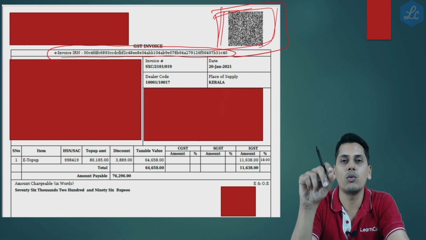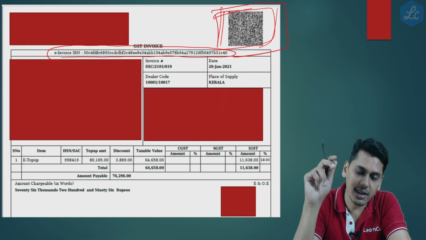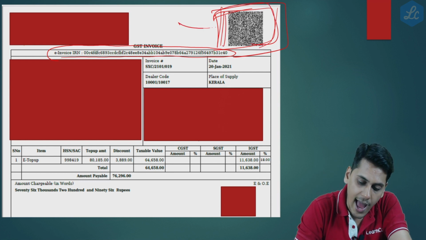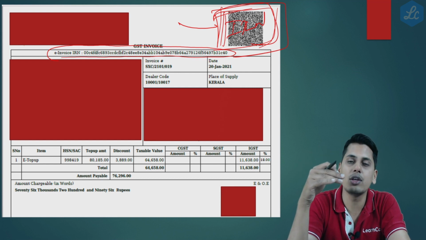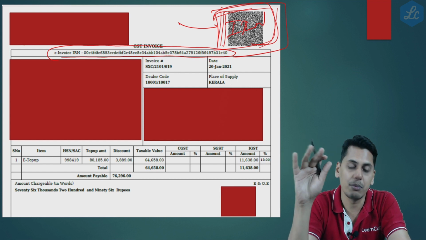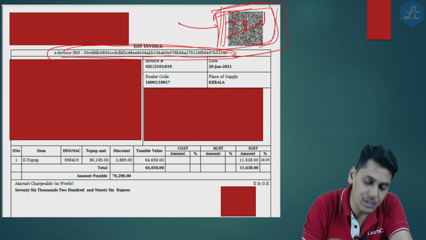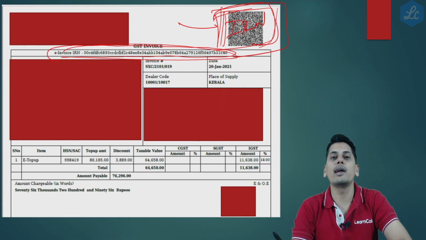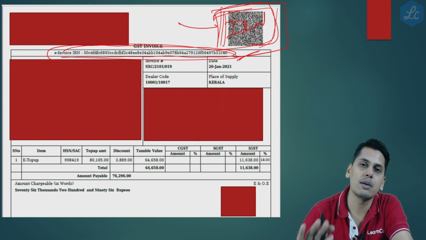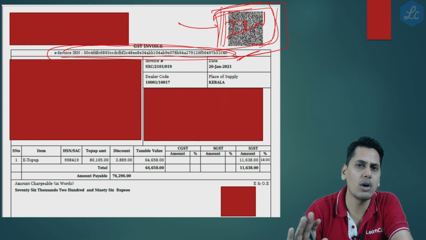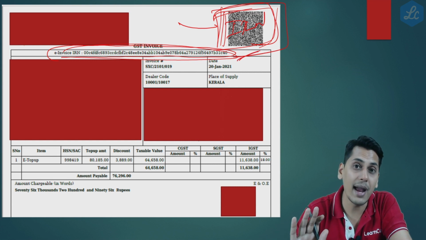The point was the tax invoice shall contain a QR code having an embedded invoice reference number in it. That means when you scan that QR code, it should contain the invoice reference number. Invoice reference number as such is not mandatorily required to be printed on the invoice. This is an optional field. This supplier has chosen to print the invoice reference number on the invoice. It is his wish. Is it mandatorily required?